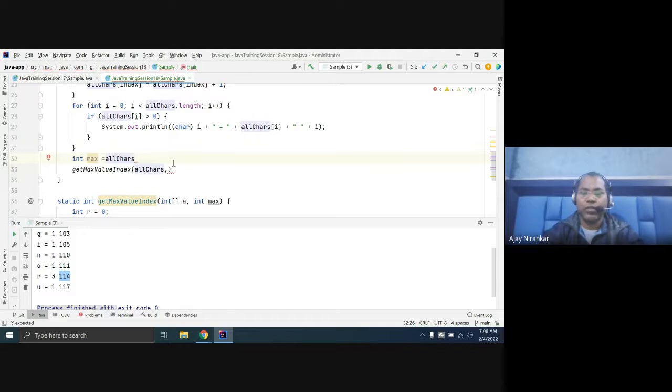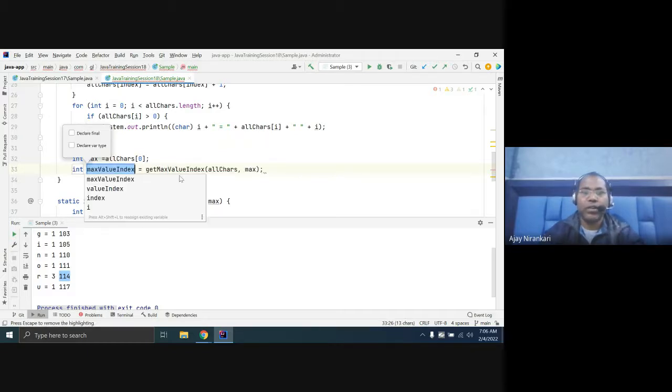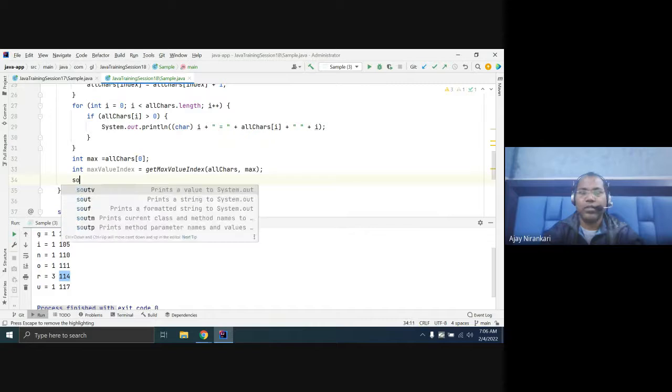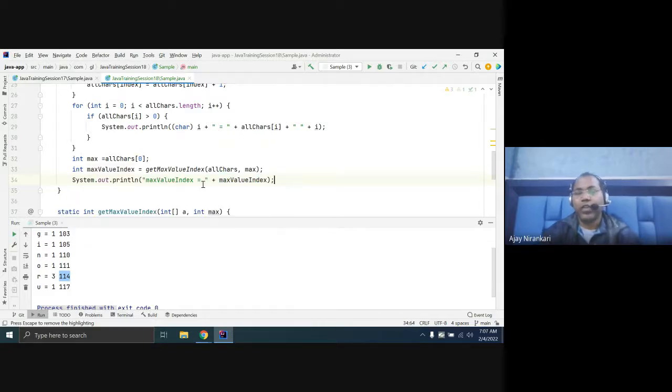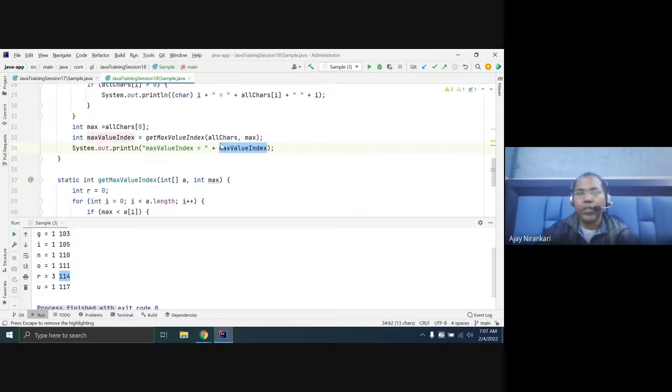Let us assume the first is the max and you pass your max. So what does this method return? Just check it. You are passing this, my first position assumed as the max, and in this array, find out the maximum value. So let us run it.